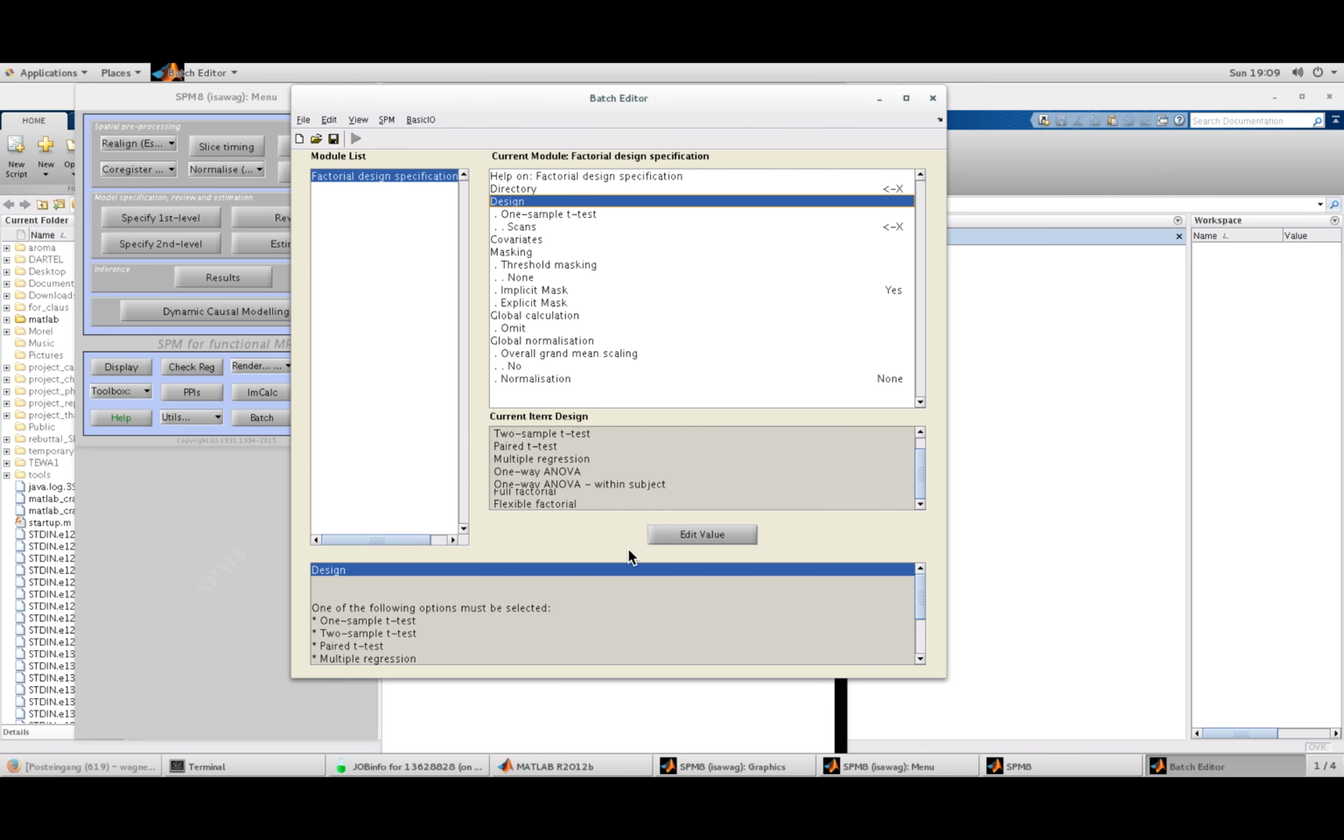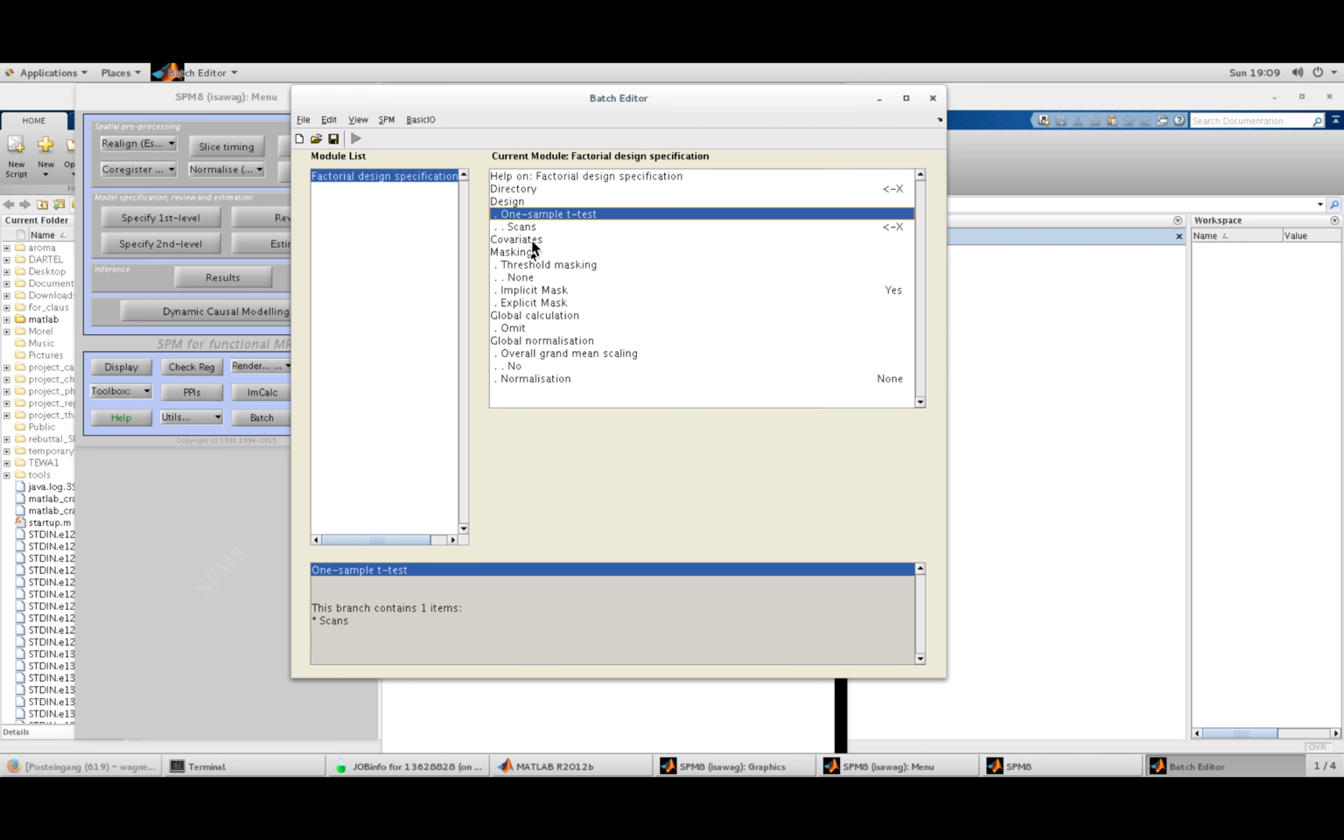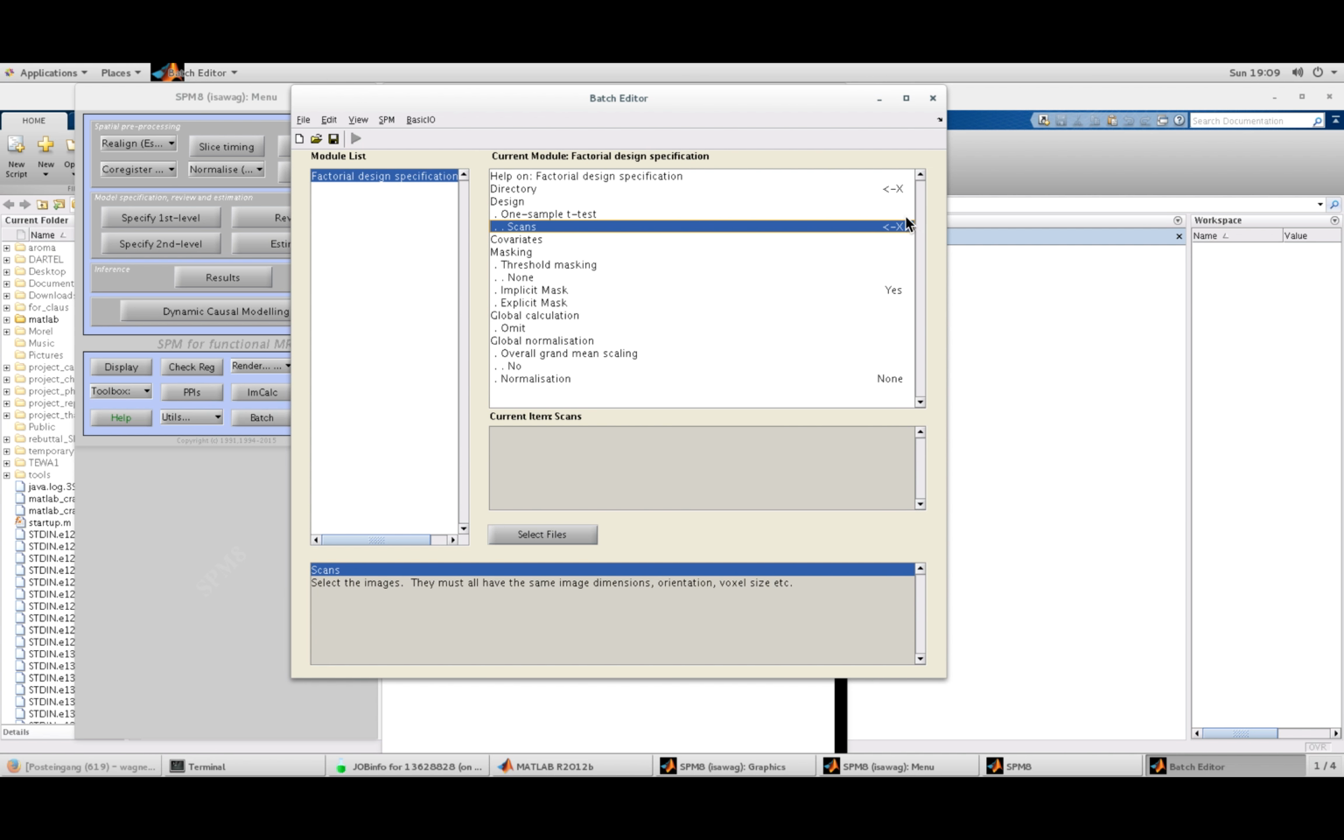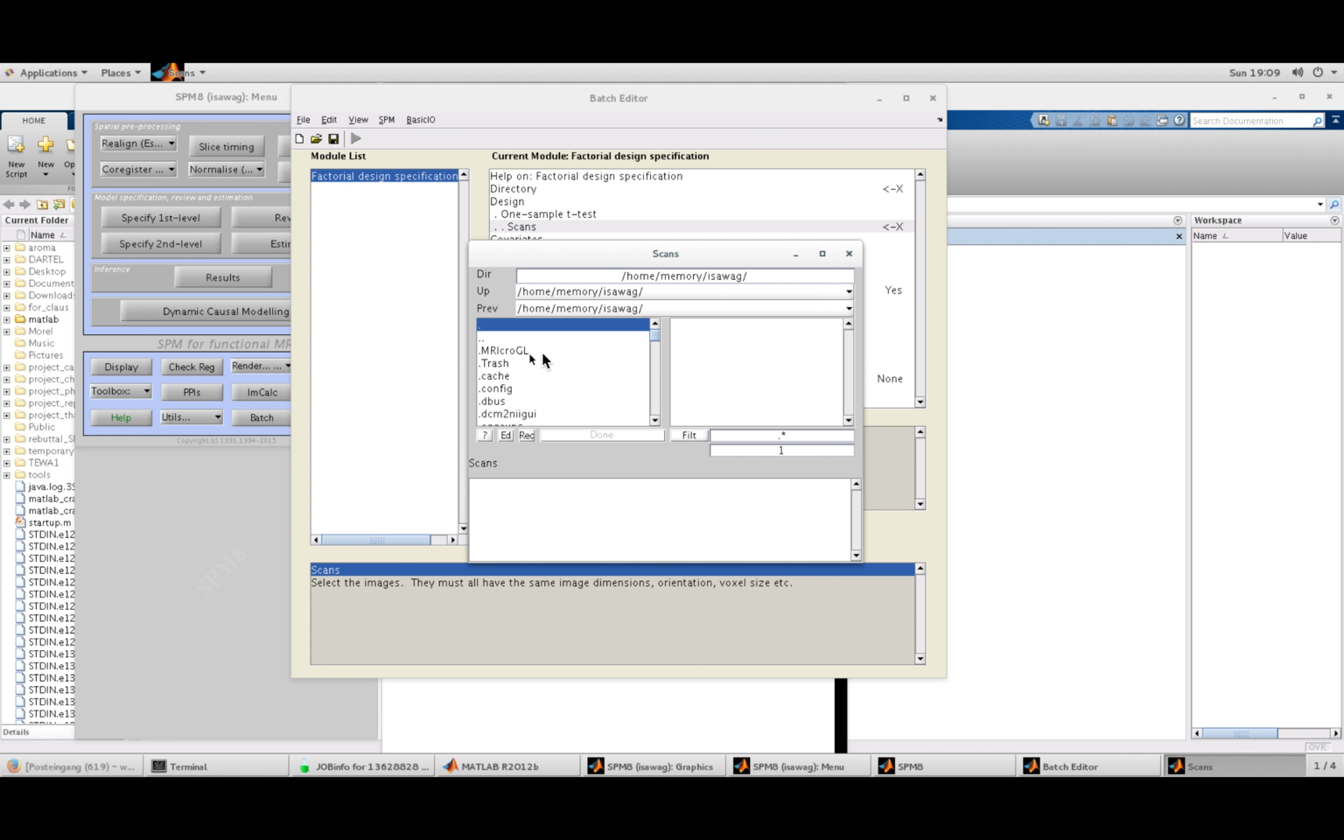So this is just now a display error here in Linux, but normally this should look fine. For this example here, I'm just going to do one sample t-test. There's one possibility here for an input. So I'll just put here in some contrast images that are somewhere